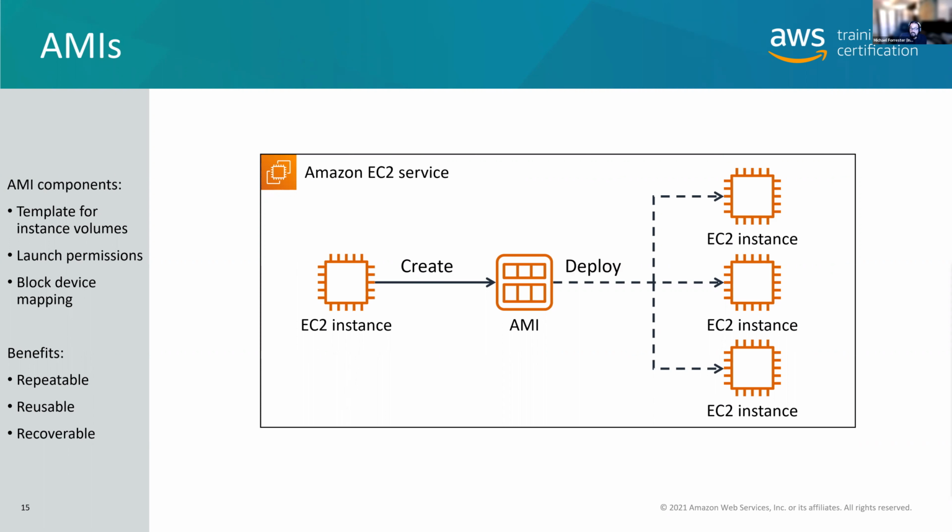Now, Amazon does have a service called the EC2 Image Builder. I think it's still a little bit of a smoldering dumpster fire. I would recommend that you use Packer, but honestly, you could use whatever tool you want in order to create your own AMIs. But these machine images are templates that you use to boot up an operating system.